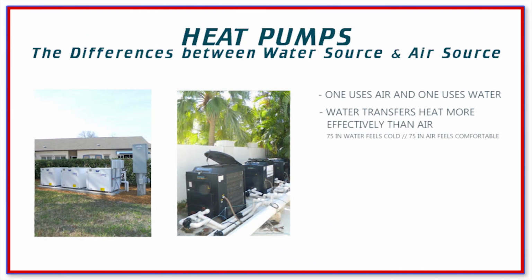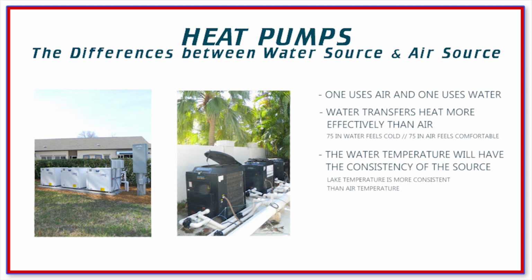And then the other problem is when we need the heat the most, that's when the air is the coldest. So it's the least efficient when you need it the most. So your source of heat, either the air or the lake or the well, the consistency is better for water source. Now the lake, it's going to change, but it's not nearly as fast as the air temperature changes. If you don't heat a swimming pool or you don't heat the lake, the two bodies of water will eventually equalize to the outside average air temperature.